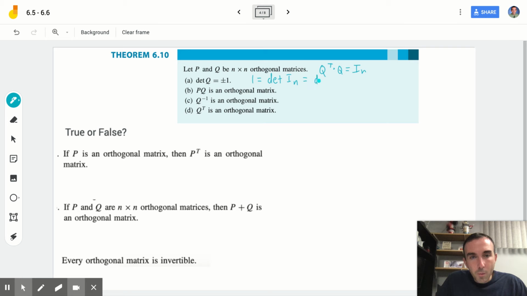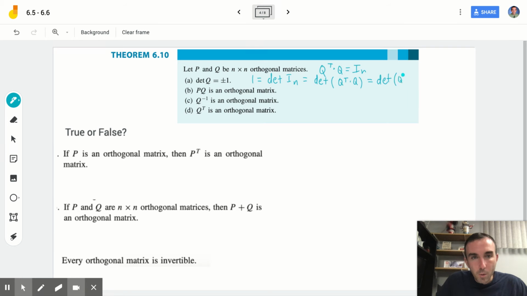Then I can replace the identity matrix with the product of Q transpose times Q, and that goes back to property B from before. And then using our determinant properties from chapter 3, I can rewrite this as determinant of